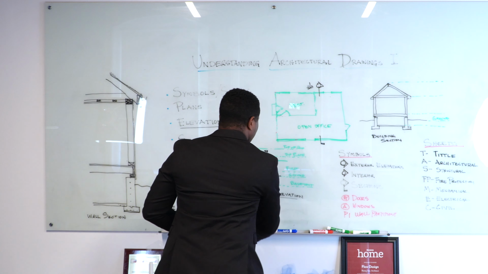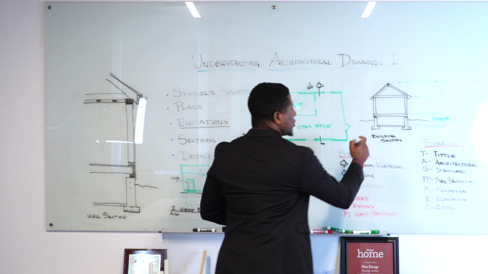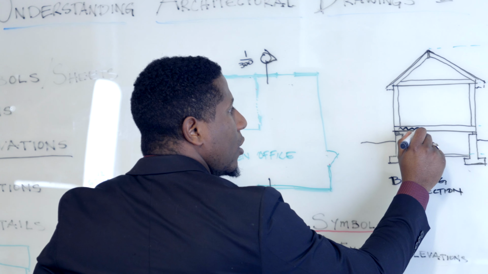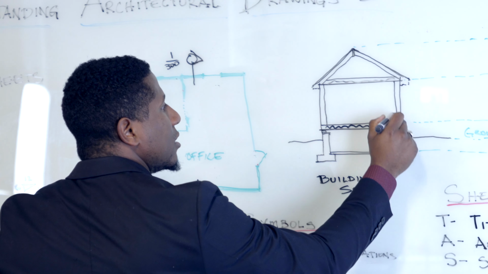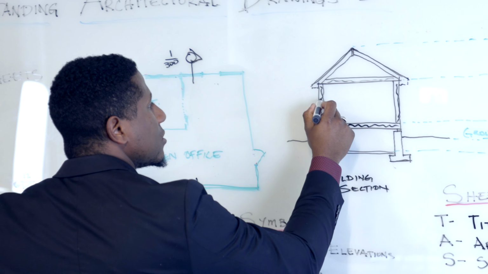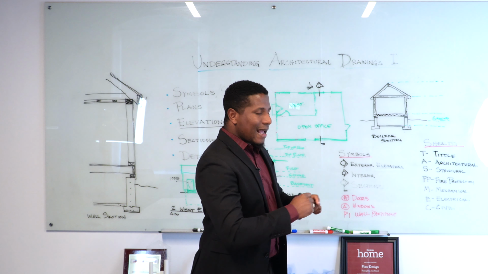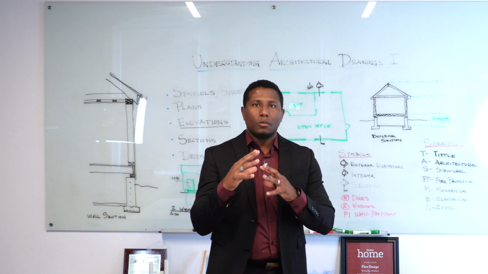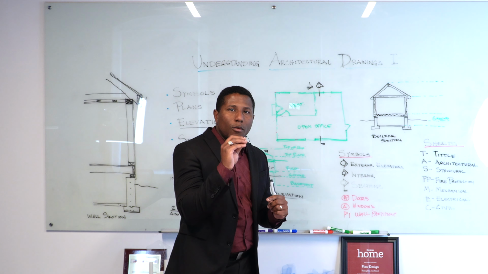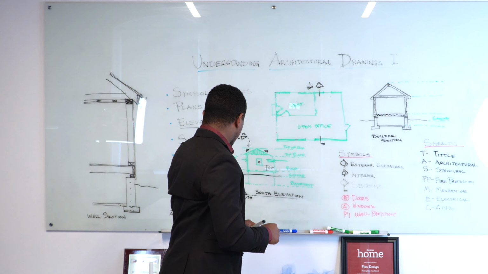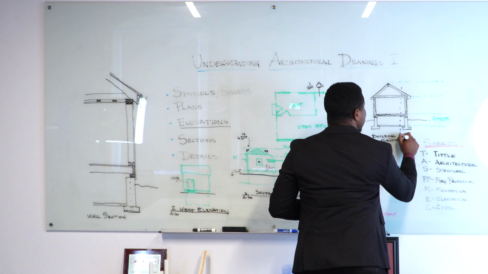Once again, sections is still kind of very generic. In sections, you can see the insulation value. You could see, oh, there is insulation here. There is insulation here. There's insulation on the walls. You can kind of see where that is placed within the sections. But sections, in terms of scale, tend to be a little bit bigger than a floor plan, but if you really want to see that section, then what you do is enlarge that section,